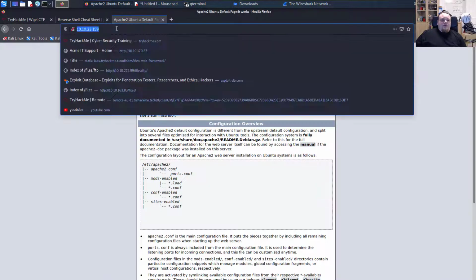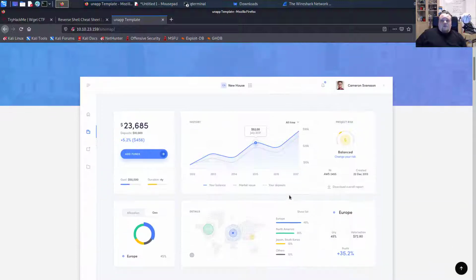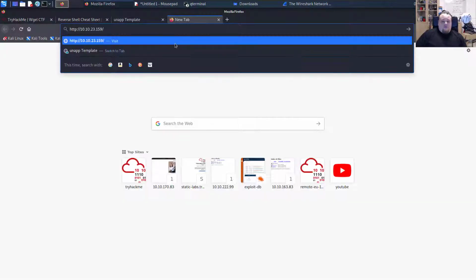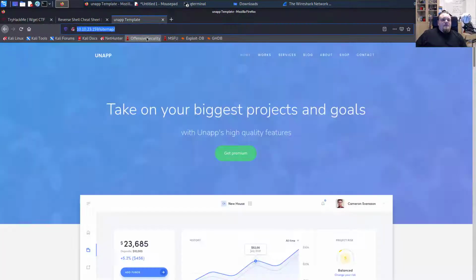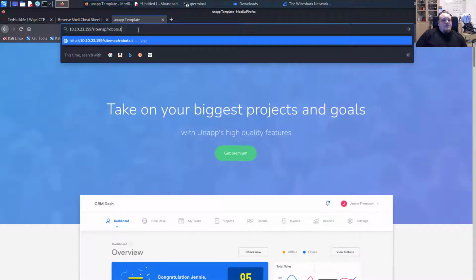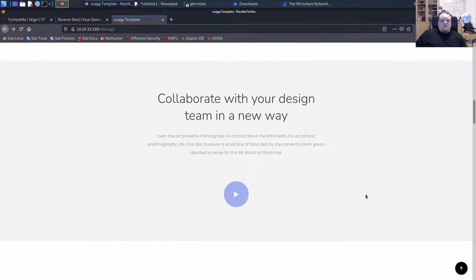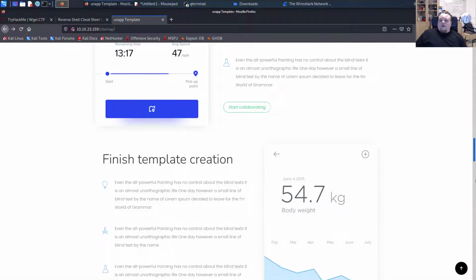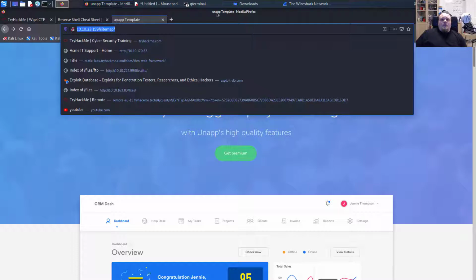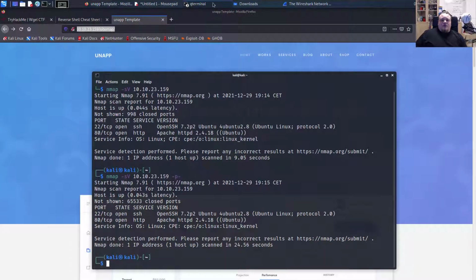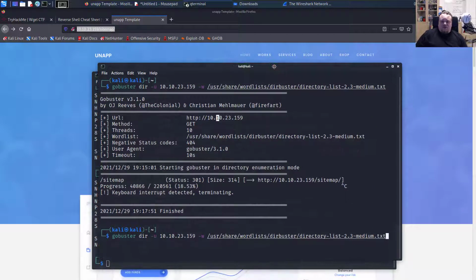We have something called Sitemap. I'm gonna go visit that. So /sitemap. Alright, so we have a web page, so I'm basically just gonna go ahead and look for robots.txt, and we have no robots.txt there. Alright then, this is a pretty standard web page, I get nothing from it. Okay, let's go ahead and go back to GoBuster and basically tell it to scan for directories on